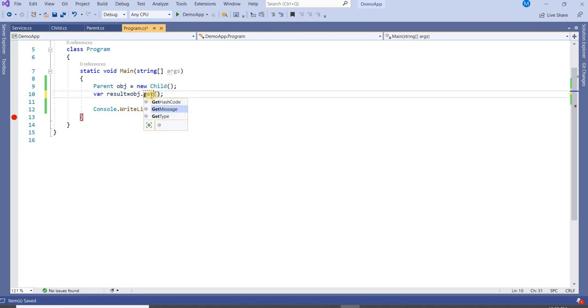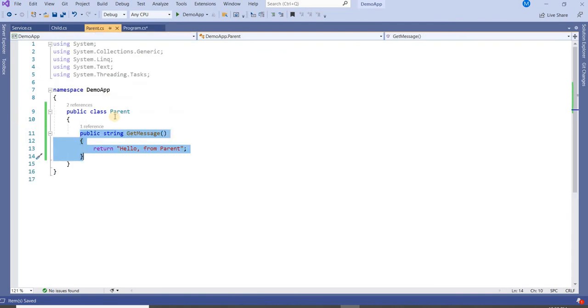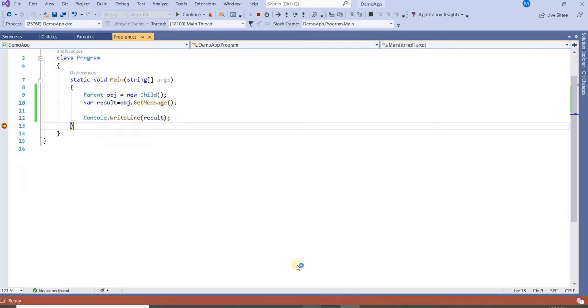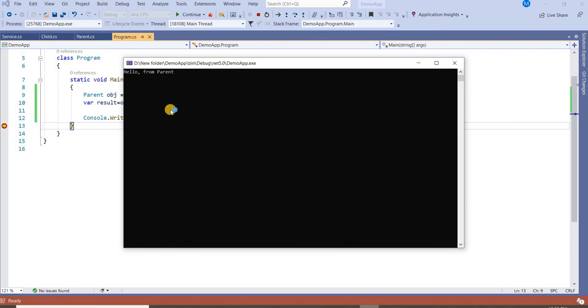See, if I say get message from child, it is not available because it is the reference of the parent class. In that case, only methods from the parent class will be available in this object. When I call it, it will call this method. If I see the output, it is hello from parent. Okay, let me stop it.